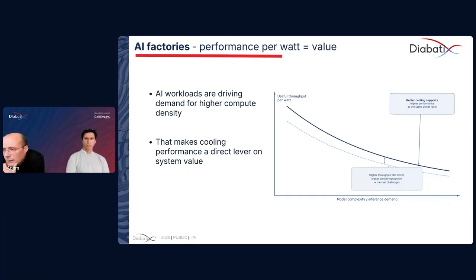And the key is that when we think about a data center, let's say a 1 gigawatt data center will have a cost of around $40 billion over a 5-year amortization plan. And that's actually without the equipment in it. And so when we look at the graph on the right-hand side, this shows the amount of tokens that we want to be able to use versus the complexity of the inference or the complexity of the problem that